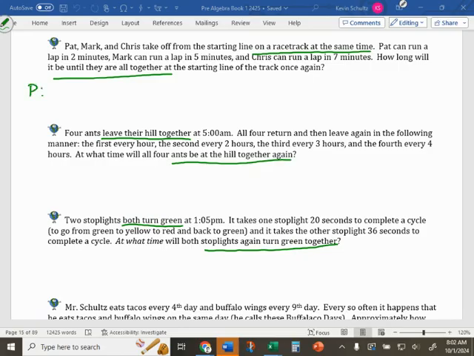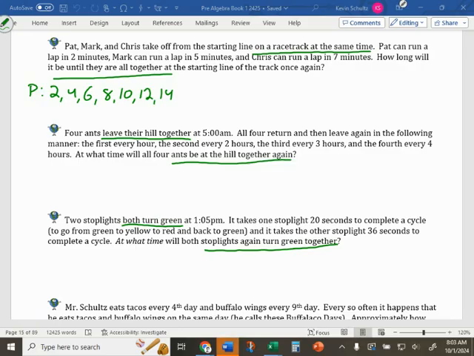We got Pat, okay? Pat starts. He will again be at the starting line 2 minutes later. He'll again be at the starting line 2 minutes later, which would be 4, right? Takes him 2 minutes to run around again. 6. And then 8, and then 10, and then 12, and then 14, right? Notice what we're doing here. We're skip counting by 2s, which is what we did with the least common multiple method on the first page,